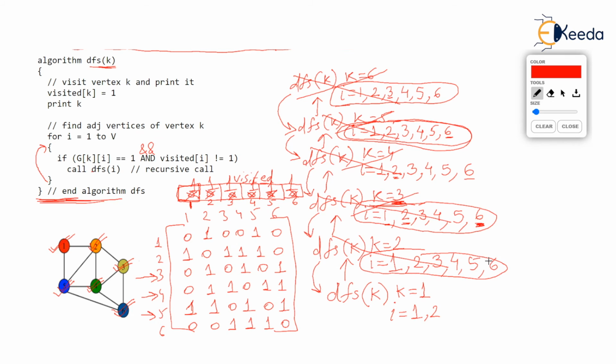And DFS(1) will complete its for loop for 3, 4, 5, 6. Needless to say, they won't be called, because DFS 3, 4, 5, 6 were already called and are marked as visited. So the for loop of DFS(1) will also end, killing the DFS(1) procedure. And as you know, DFS(1) was called from main, and main will resume now. Look how the screen or slate is shabby. If you go properly through the entire explanation, I bet you will never forget DFS.